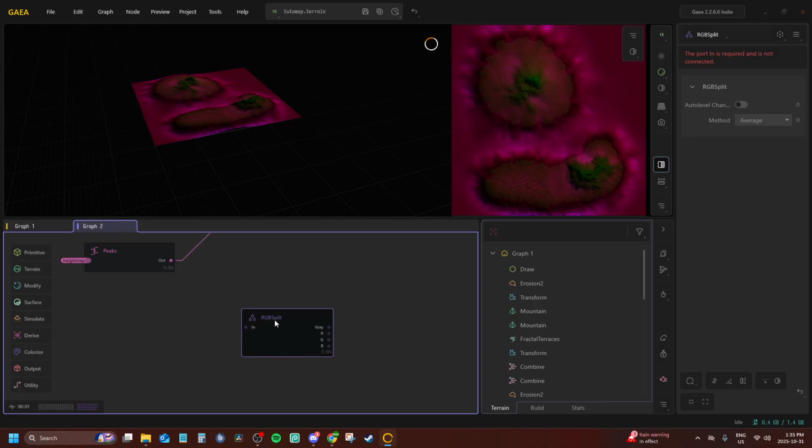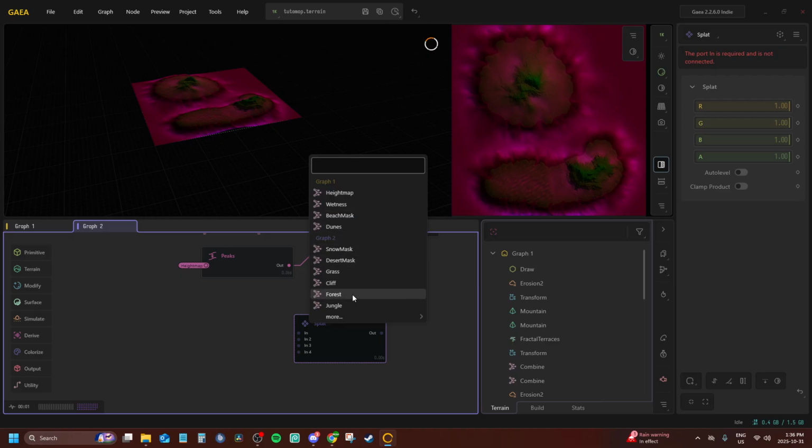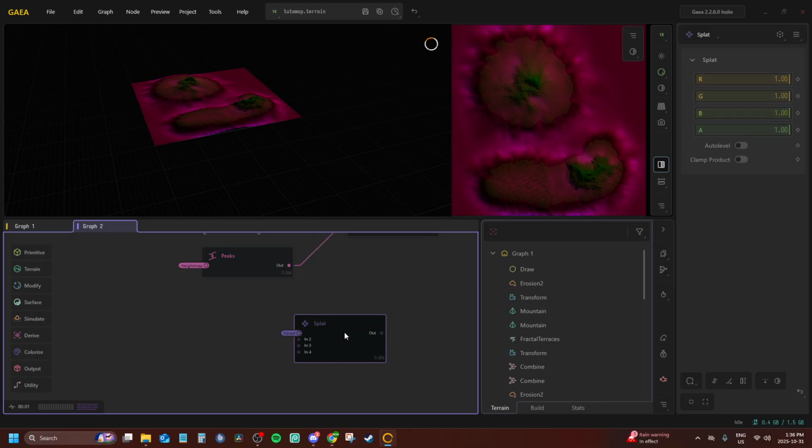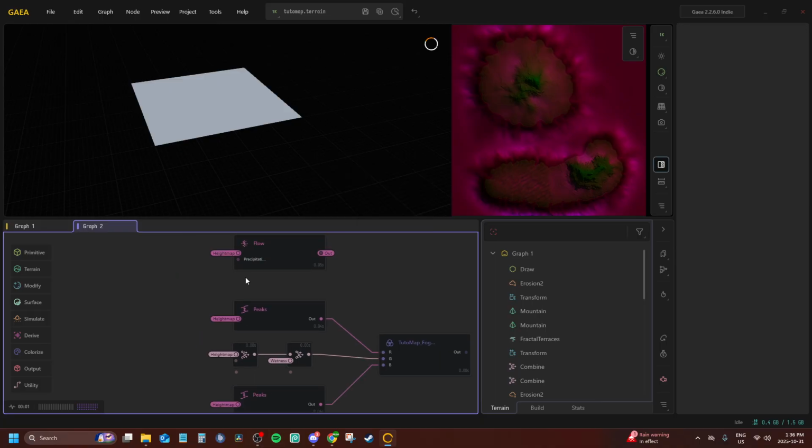No, no, not that. Something in the colorize, where I think it's possibly splat. So for in one, forest, in two, maybe the, actually